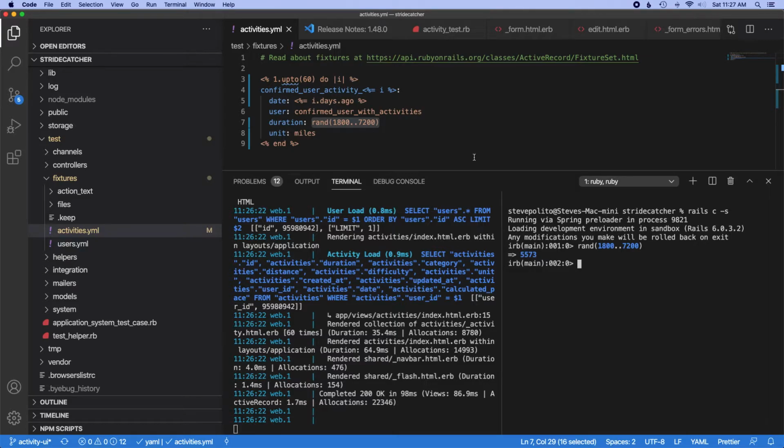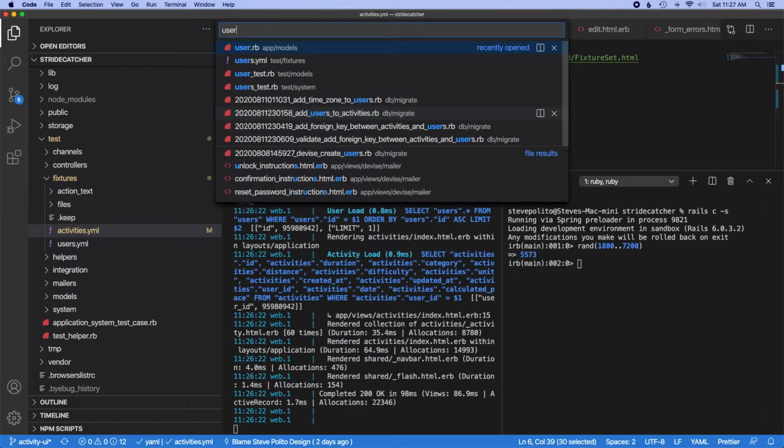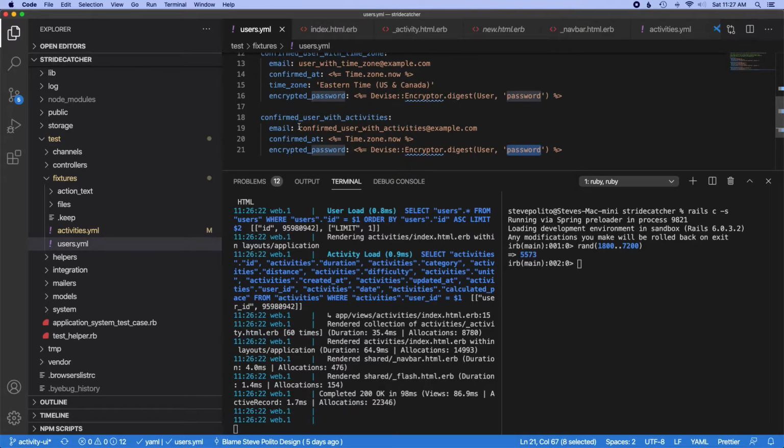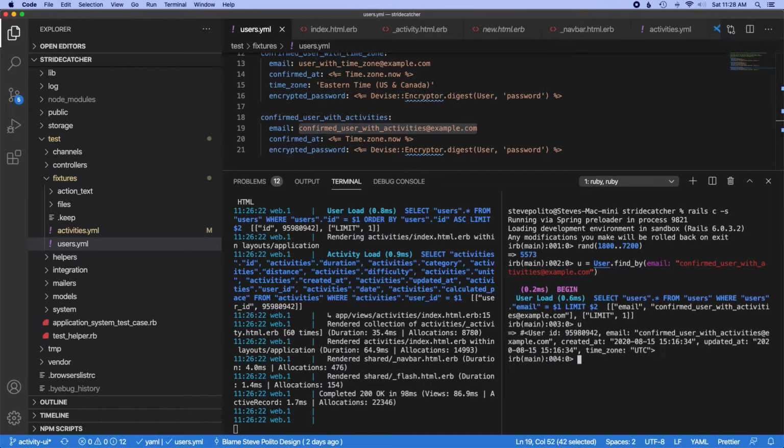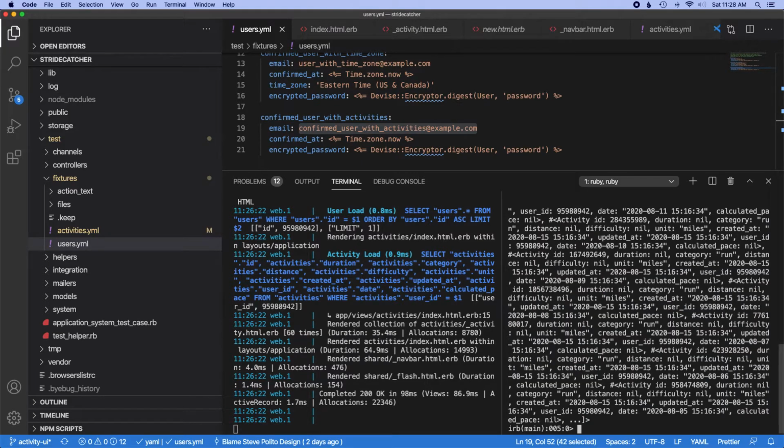So let's just kind of do this in the console to see what's going on. So user equals user dot find by email. So we have the user dot activities. So let's create an activity in the console. Activity equals, what did I save that variable as? So u dot activities dot create,